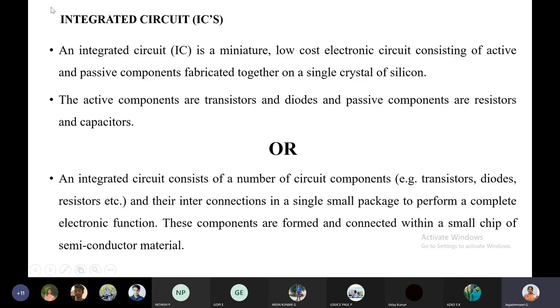Yes, hello. Can you hear me? Can you hear me? Yes, ma'am. Yes. The active and passive components is nothing but let us take the active. Okay, active components: transistors and diodes come under active components. And also we can say SCR, silicon controlled rectifier. These are all the switches. Okay, this transistor or diode is normally acts as a switch. So these switches need a current to turn on and turn off.